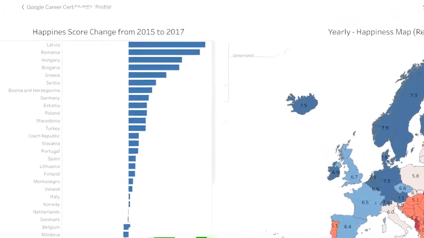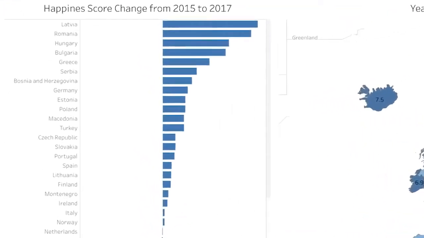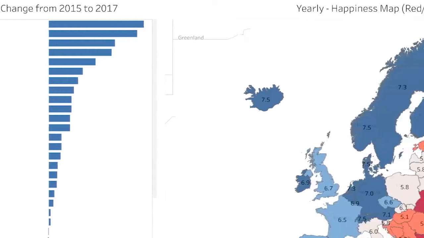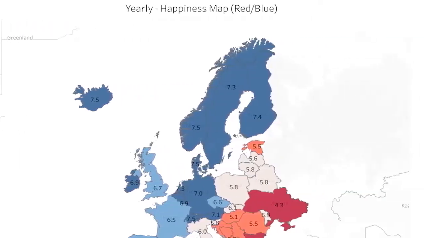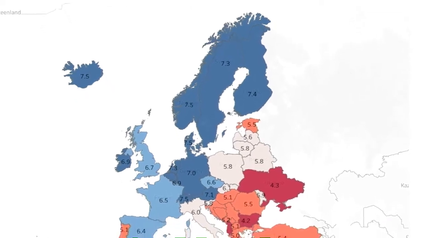On the left are the country-level changes in happiness score. The countries are sorted by largest increase to largest decrease. On the right, there's a map with overall happiness scores. The color scale moves from blue for the countries with the highest happiness score to red for those with the